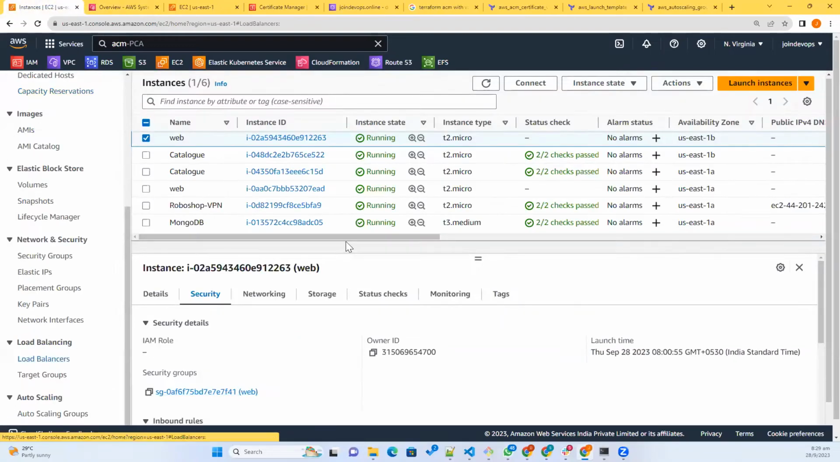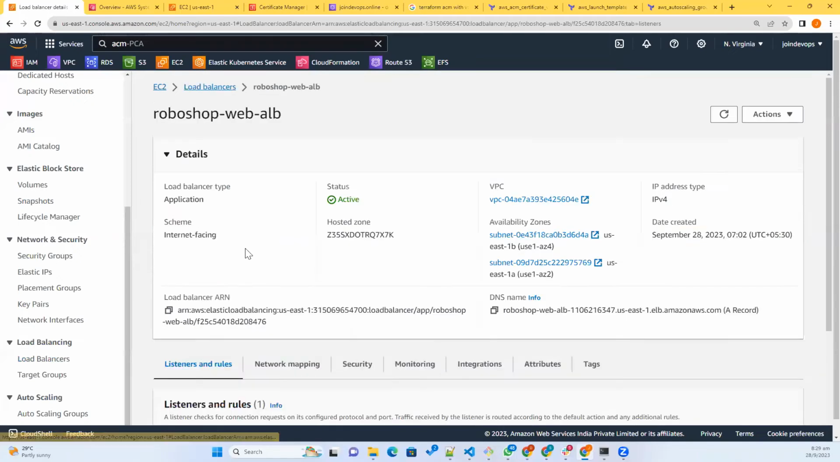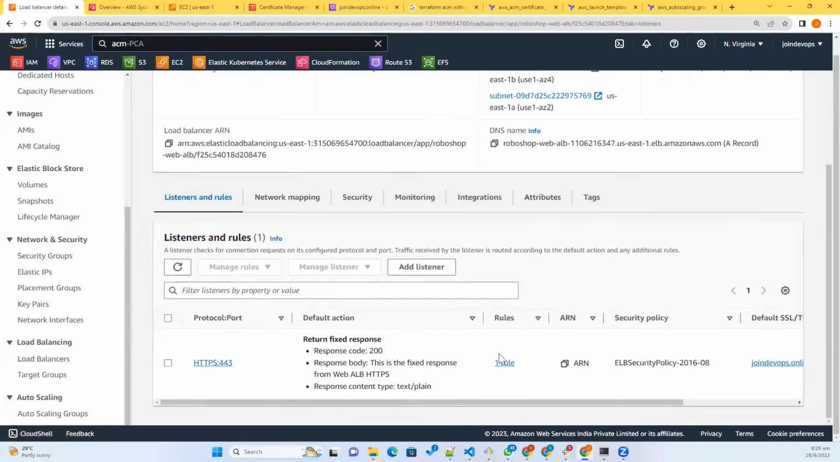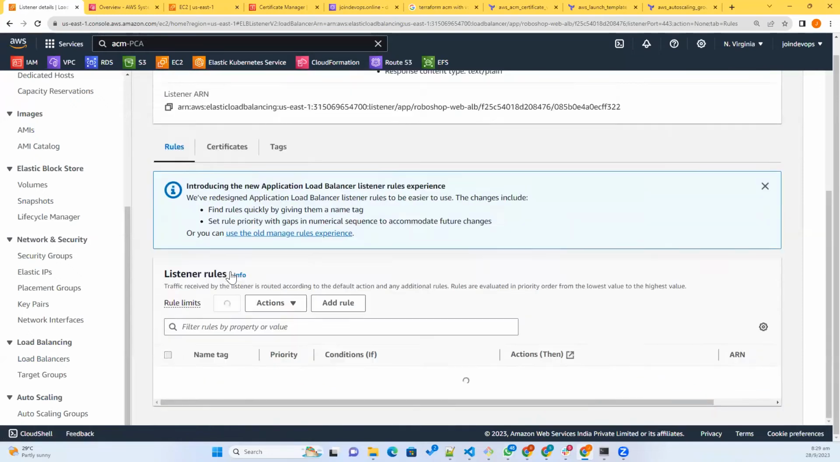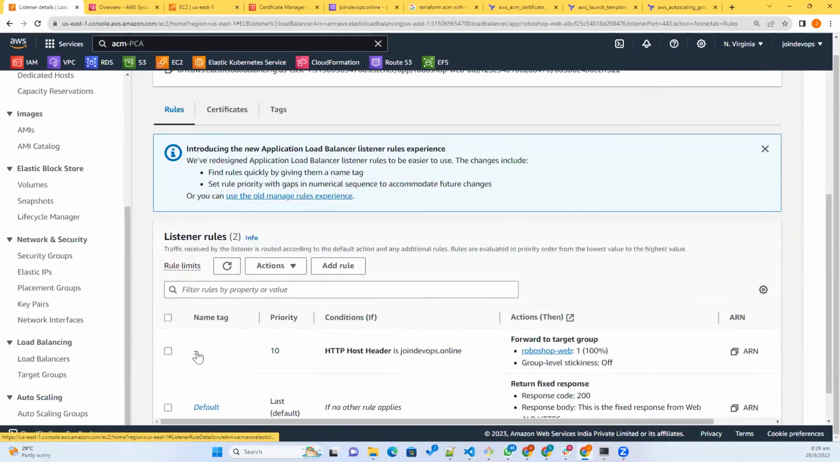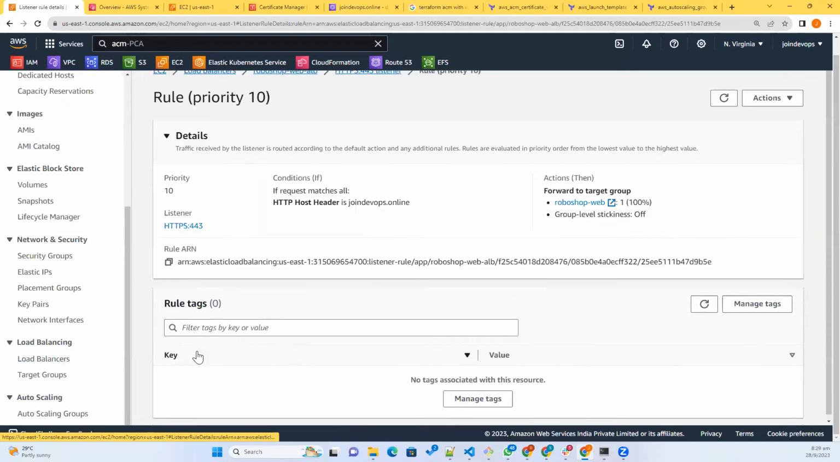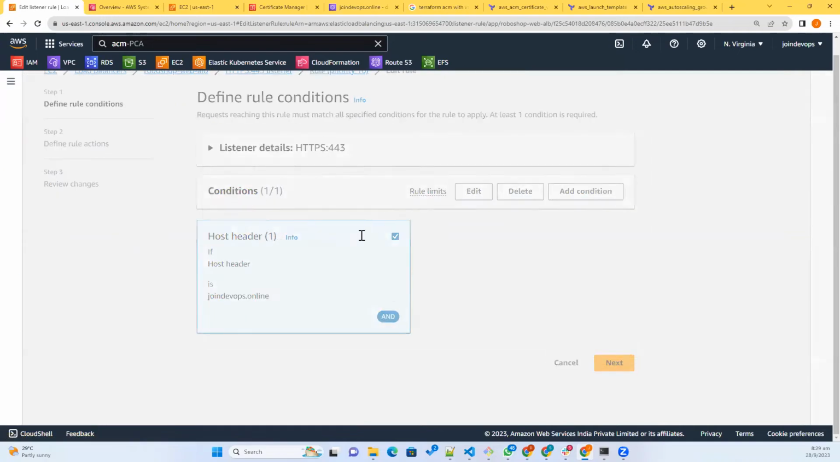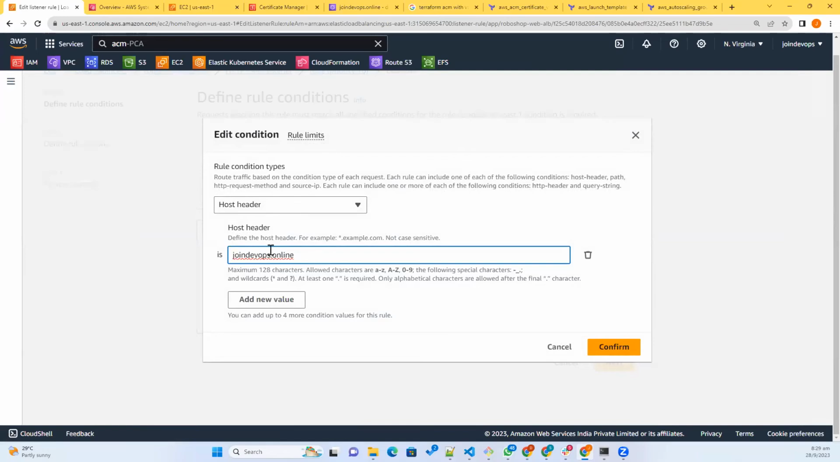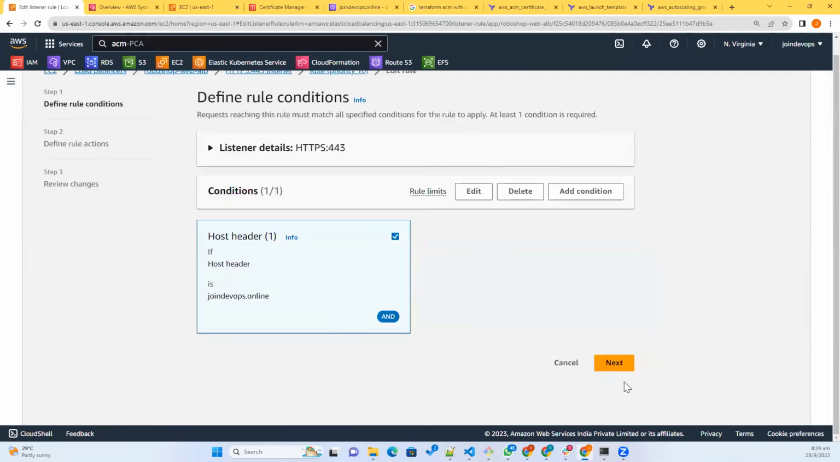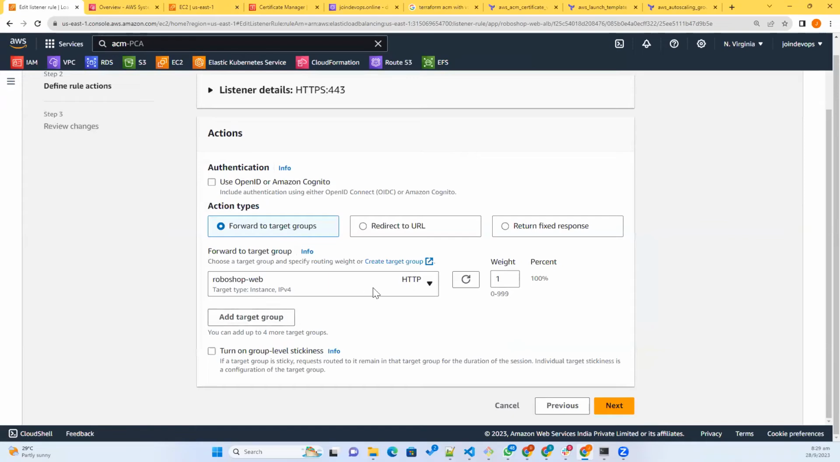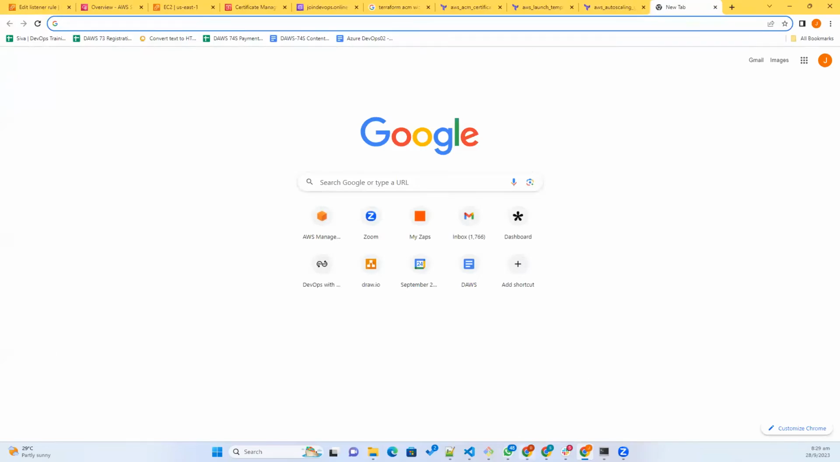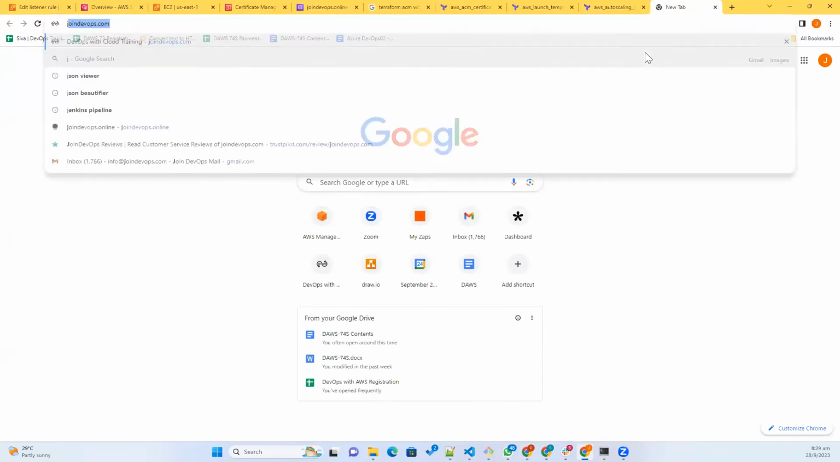Let us go to the load balancers, listener. Let us see. Okay, we got a rule created, and just understand what this rule is saying. If a request comes with join DevOps.online, okay, forward to the target group. Now, if I say join DevOps.online,